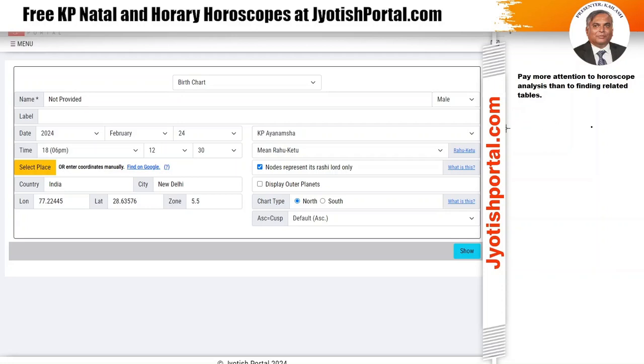So let me give you an image representation. You need the horoscopes, which is basically the cusp chart and the lagna chart. And then another information you need is the